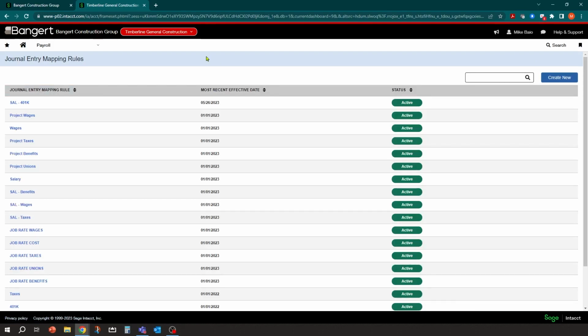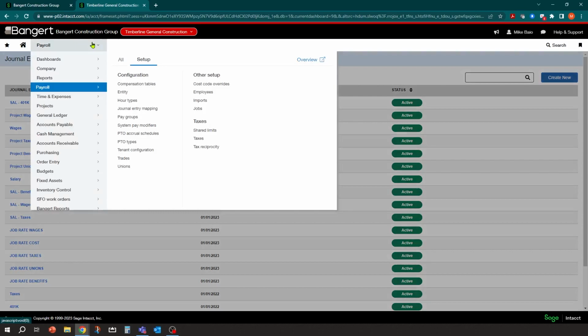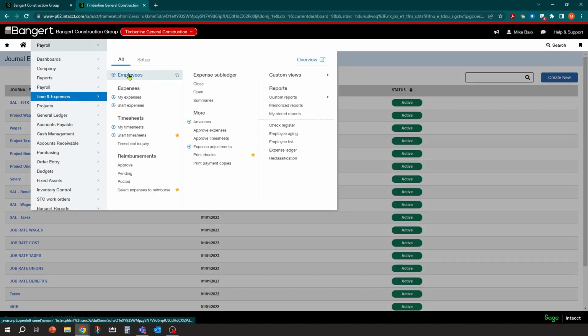So once that job's set up, you have the GL mappings loaded up in the system. One of the last things you want to consider is, for the bonus, how is the employee going to get paid? So, for example, employees may be set up as direct deposit employees, but for the bonus checks, we're going to hand them out as actual paper checks. So in this scenario, I'm going to give Doug Moffett a bonus. And if I go into the time and expense employee setup for Doug,